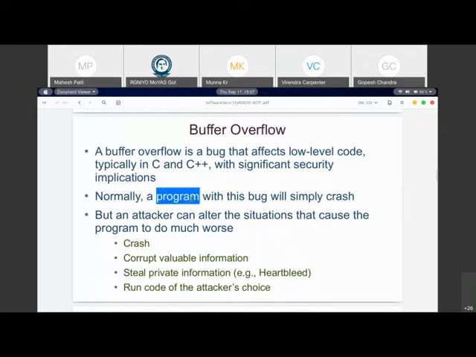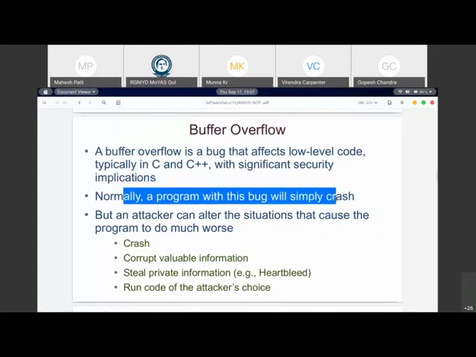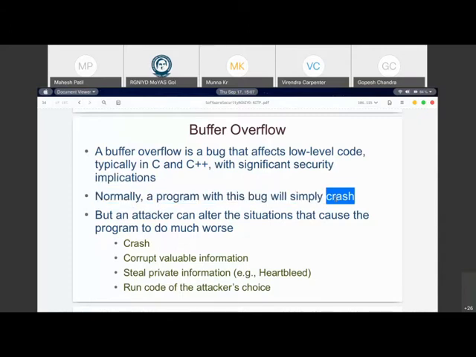And typically what happens in many cases is when you try to do this, your program will simply crash because you're trying to access beyond a certain limit. If we try to go maybe 100 bytes or 200 bytes, the OS puts a restriction and says that okay, now you're done and you have to terminate yourself, and that's how the program crashes. In fact, from the perspective of security, if you find a crash, it is a good thing because it means there is something which the developer has not handled properly, which as a security engineer you can actually exploit. So that bug can typically lead to a vulnerability.